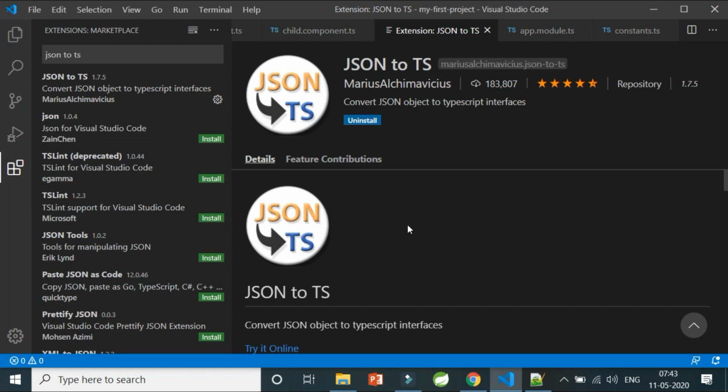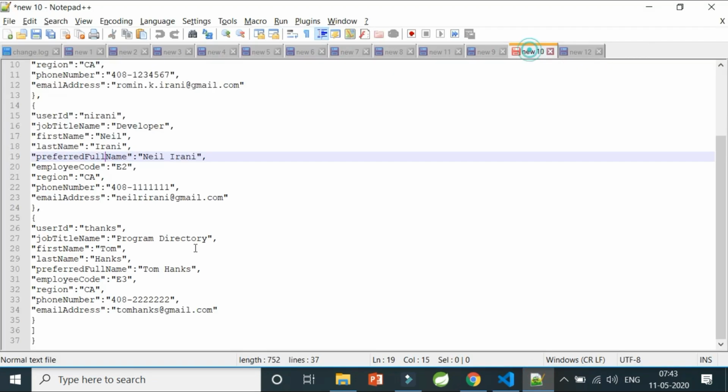So this extension is a boon to all of us developers who interact with the backend APIs, who get big responses, and mapping those big responses is a very tedious task if we do it manually. So this particular extension will parse the whole JSON and create the pojos out of it. And now you may wonder how it actually does that.